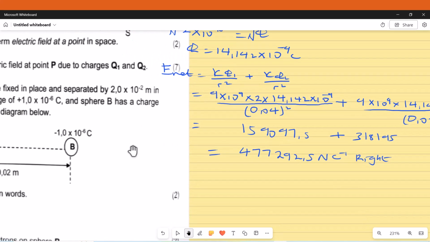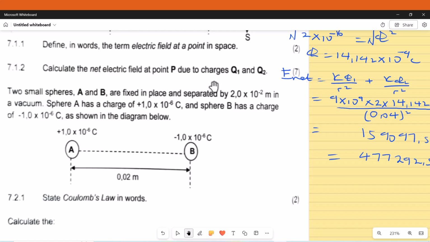What do they want here? They didn't, so we must say to the right. Okay, that is it there. Then another question here,